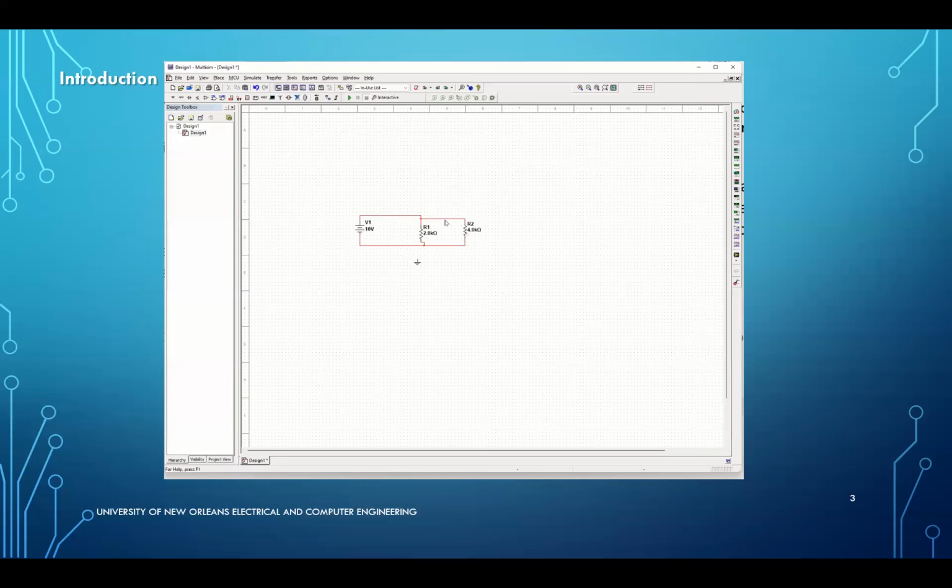Okay. And again, I'm going to connect my ground. It's important that you have a ground. Without a ground, this is not going to work. And my circuit is really ready to go. Some of the other things you can do, I'm going to run the simulation in just a minute, is to place